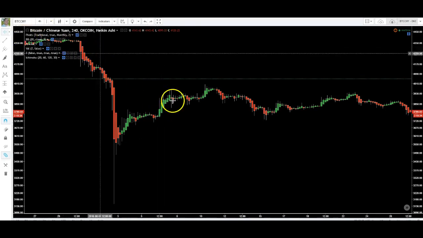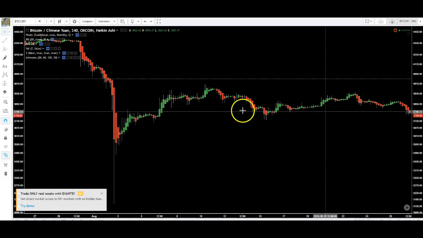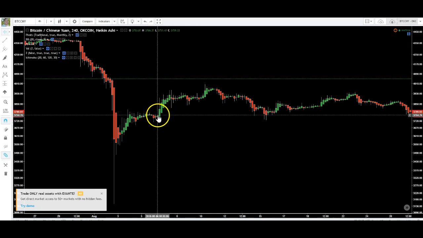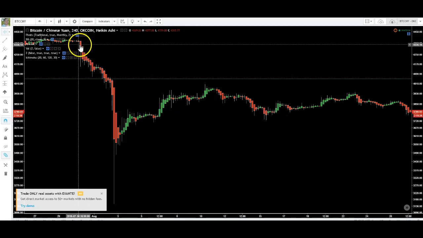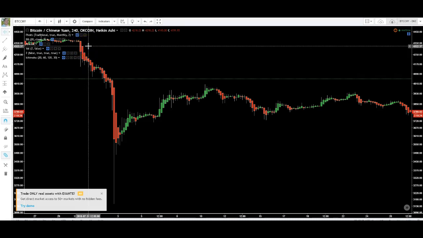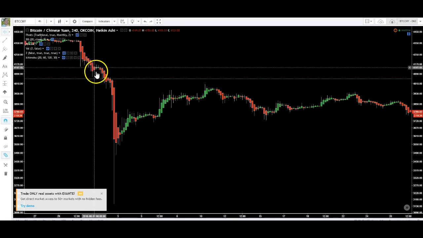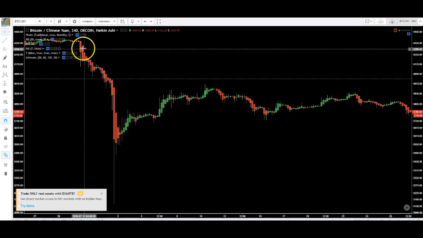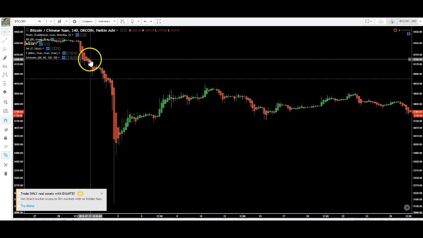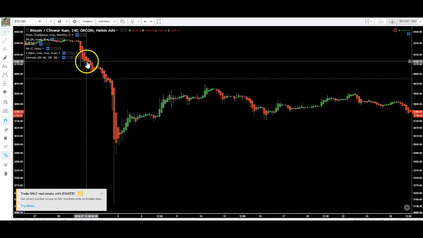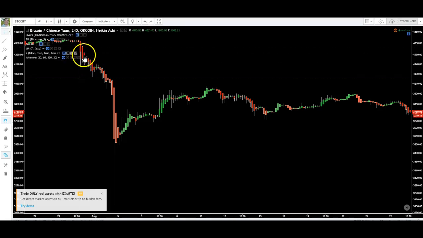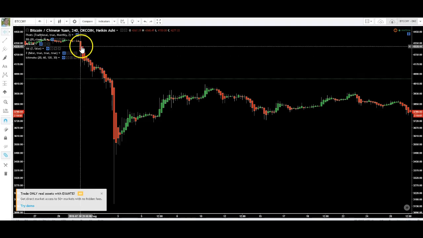This is 4-hour China. We've pretty much been sideways for a while, so not much to see here. But when you're looking for a bear trend, you're looking for these Heikin Ashi candles. Basically the open does not go above the previous open. The other thing you're looking at is the close. The close does not go above the previous close. It does here, but when you're assessing the strength of the trend, the momentum of the trend, okay, you see